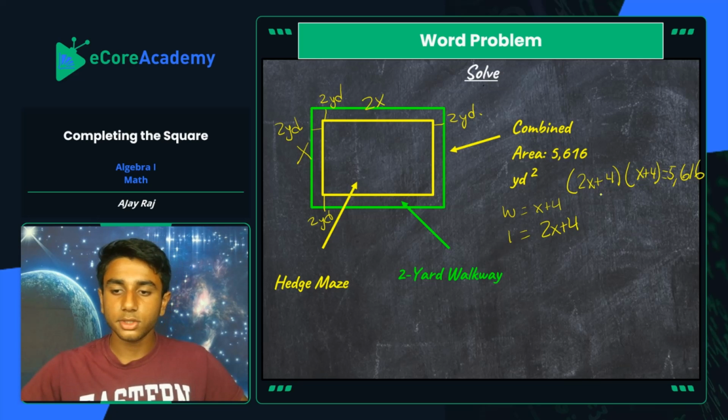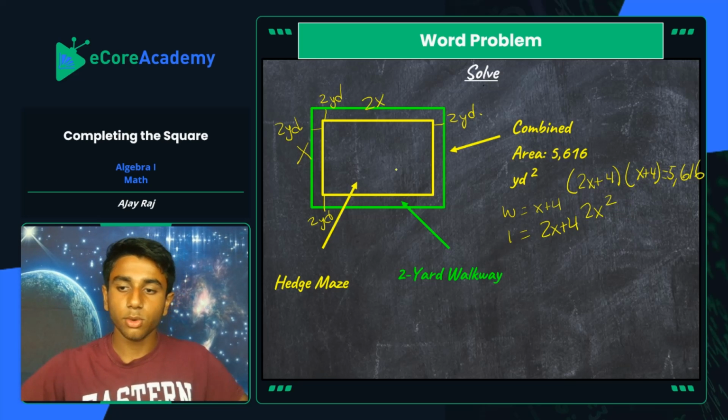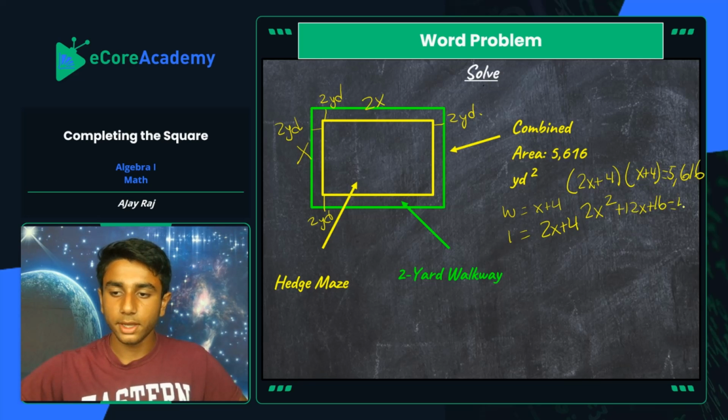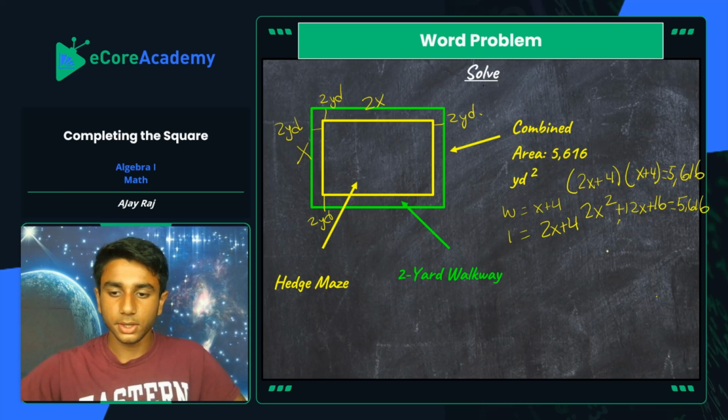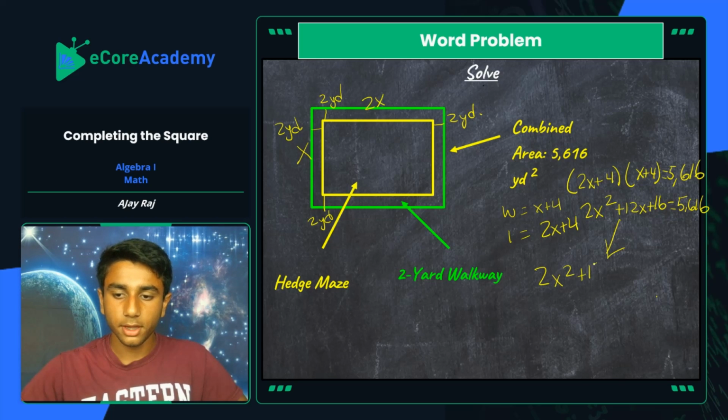Now what we're going to do is multiply this out, so we're left with 2x squared plus 8x plus 12x plus 16, and that's going to equal 5,616. So I'm basically going to rewrite this, move this down here, so it's a little bit larger. So 2x squared plus 12x plus 16 equals